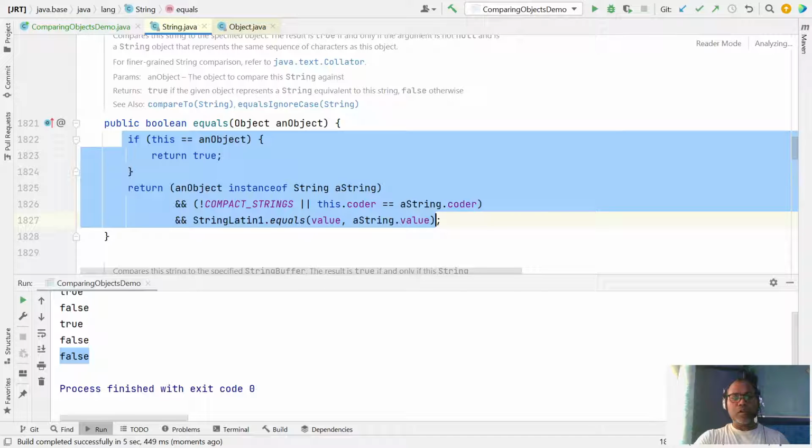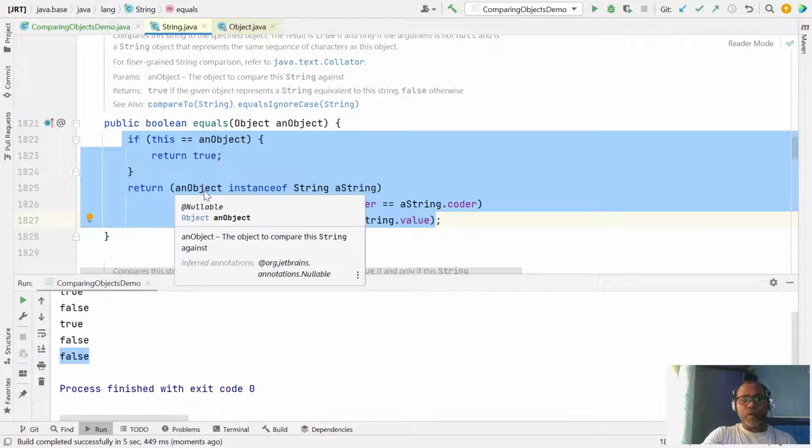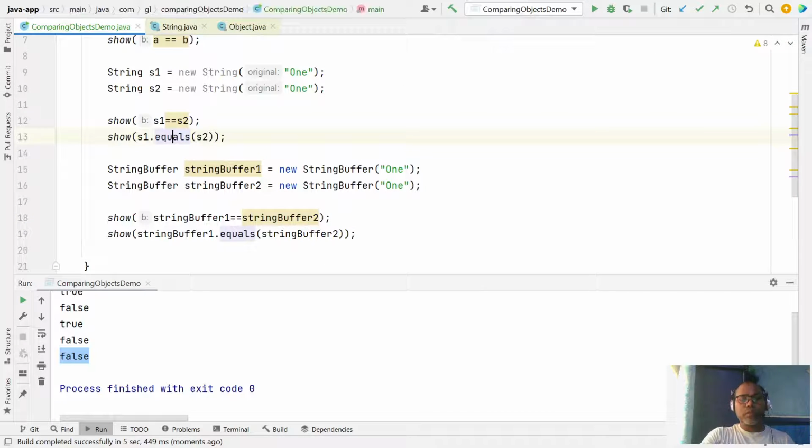So for any object on which you call equals, that class must provide the definition of the equals method, and whatever definition you have provided, the same logic applies. So be clear: whenever you use the equals method, ensure whether the object's class provides an equals method or not. If not provided, it will always return false.